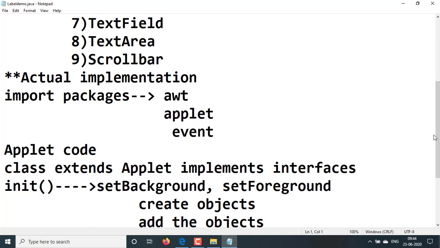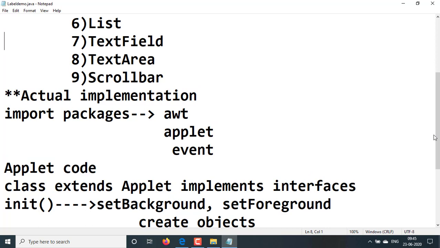To handle the events, some interfaces are provided, and those interfaces we need to implement. In interfaces, abstract methods are provided, so we need to write some code for them. So the next step is class extends Applet implements interface.